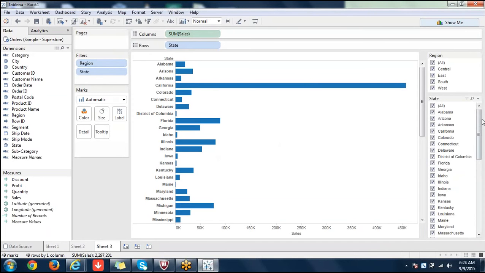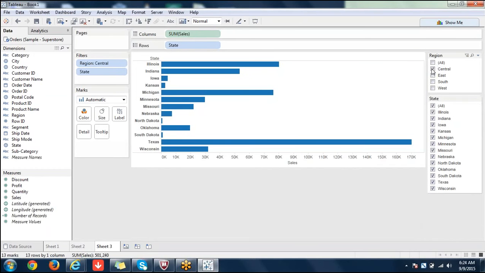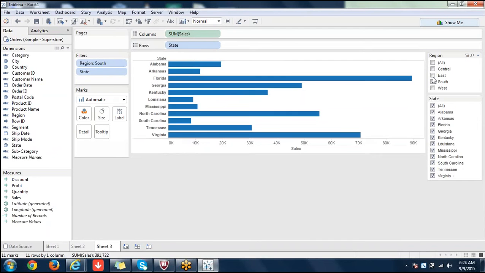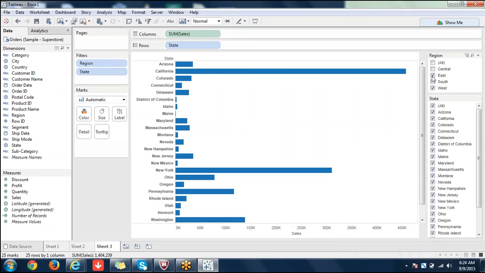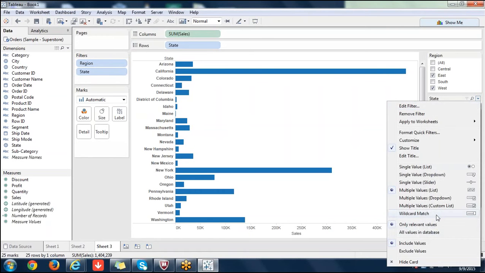So what I'm doing, going here, I'm clicking on only relevant values. See that? So you're not seeing any difference here, right? It's same as your context filter. Still, we have not added any region or any filter to context, and we have not selected any option here for all values in context. That means all values in context is not done. Only relevant values is done.